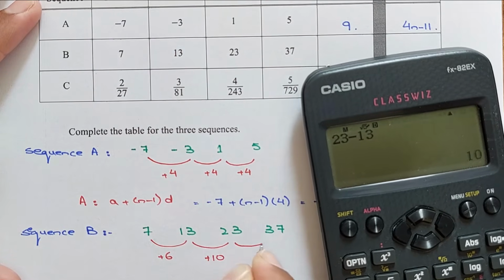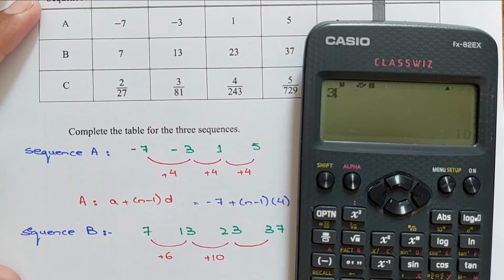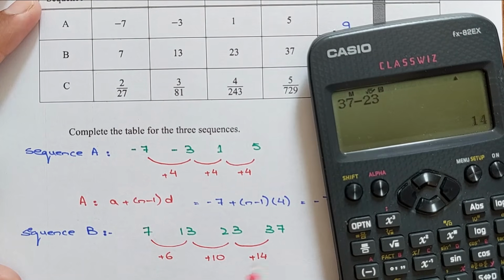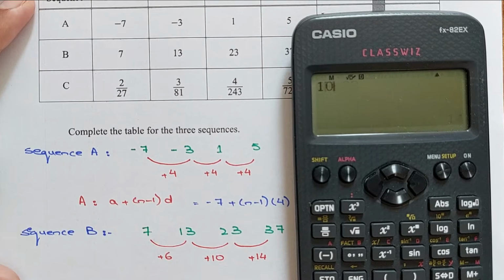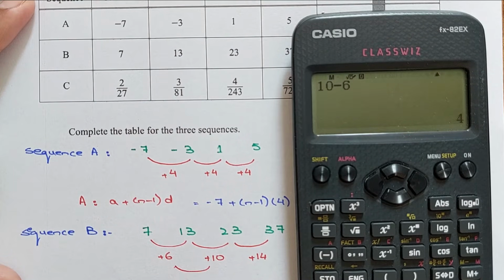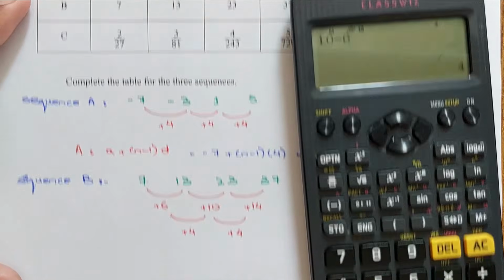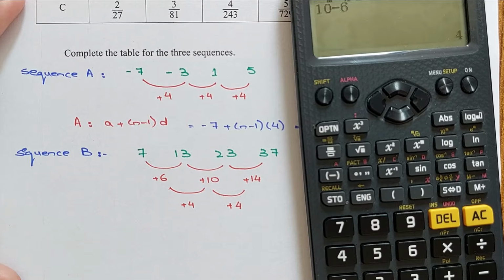This is not a linear sequence; the first difference is not constant. The second difference is 10 minus 6 and 14 minus 10, so it means add 4. The second difference is constant, so this is a quadratic sequence in the form of